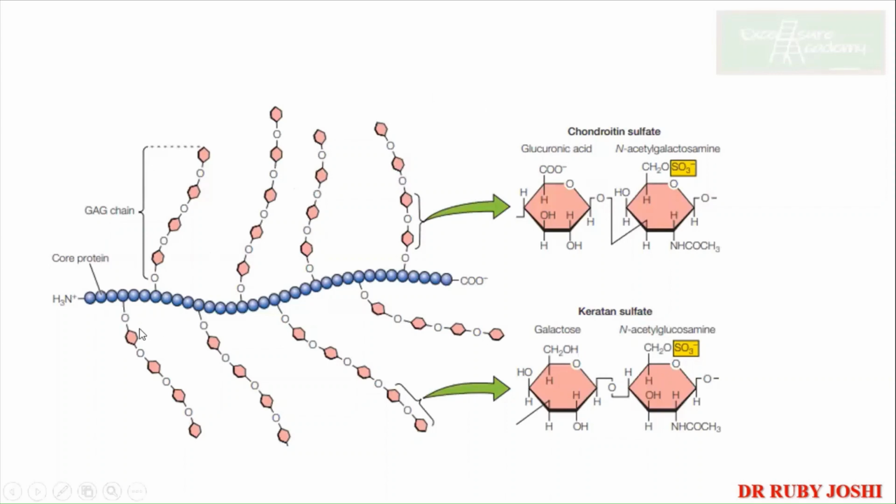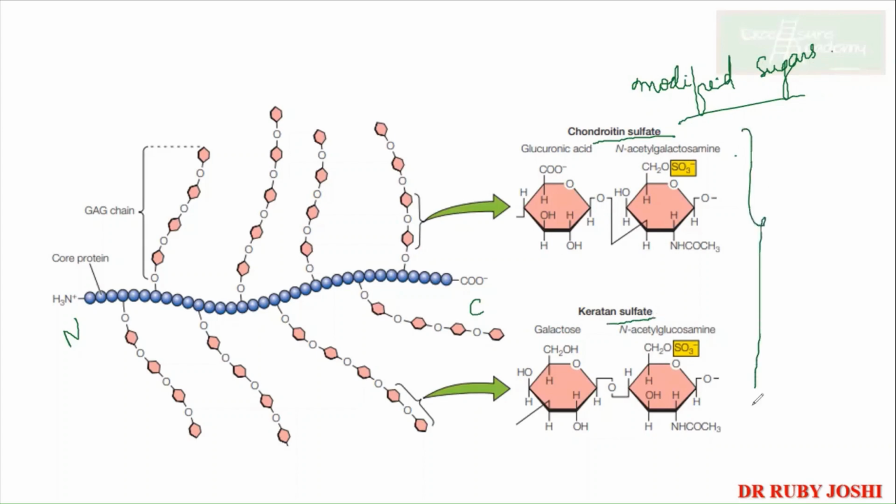Okay. So here you can see there is one polypeptide chain. N-terminal and C-terminal is there, right? So this is your main core protein, the main backbone protein. After that, what we see is that so many sugar molecules are being added, and those are all your modified sugars. Now, when I say modified, it means what? Like you don't have directly the N-acetyl galactosamine. It is your chondroitin sulfate or your keratin sulfate.